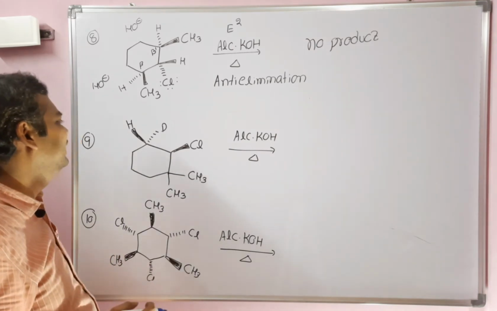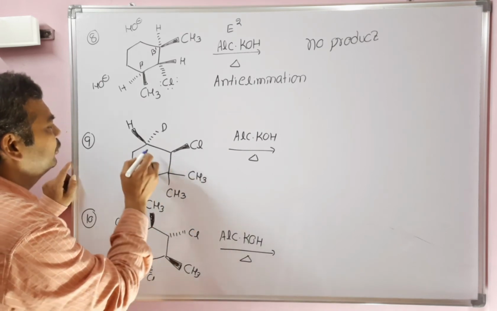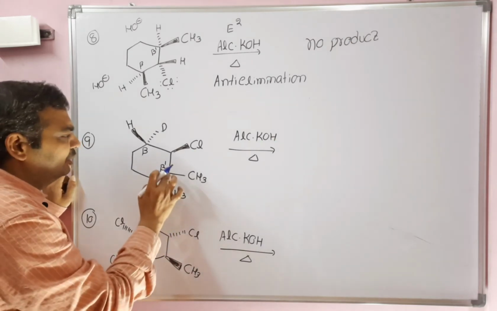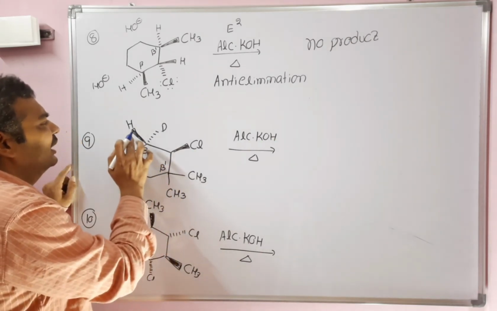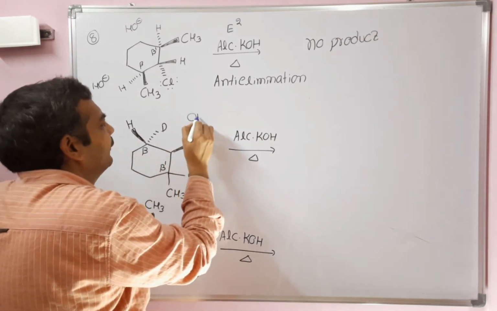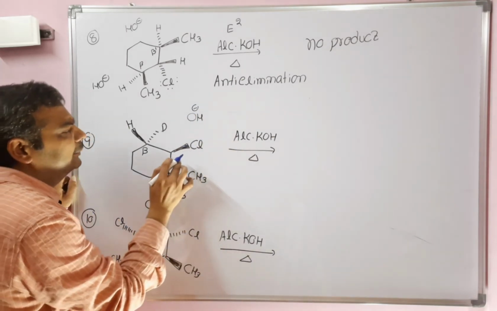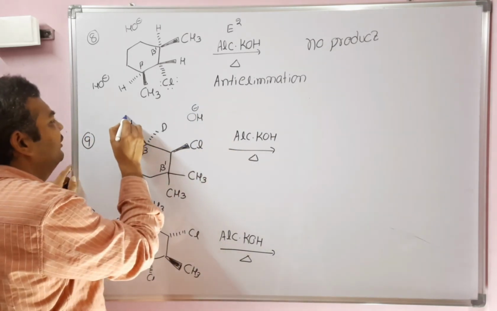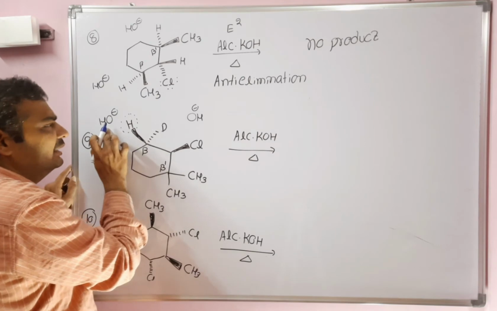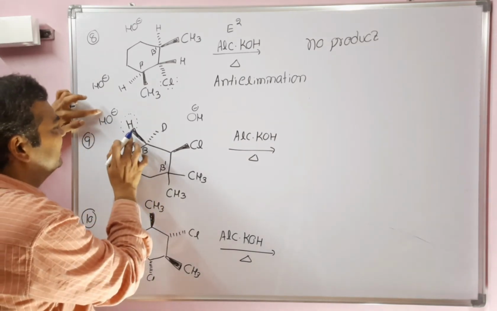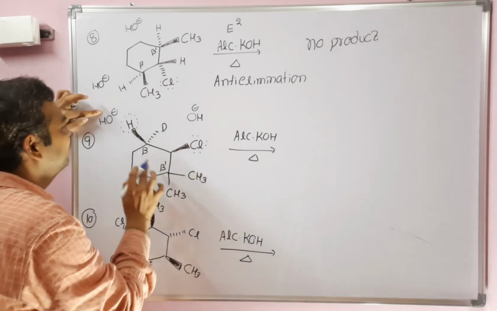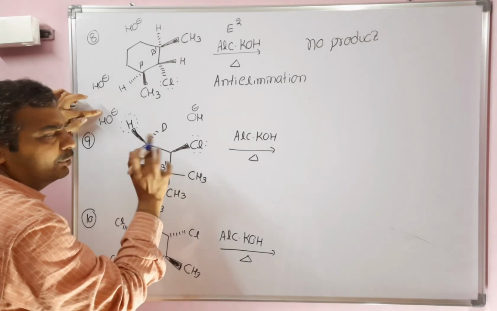to the halogen. Coming to the 9th example, so halogen is there, so beta carbon and beta prime. Here on beta prime there is no hydrogen, so this side double bond is not possible. Here hydrogen and deuterium are a possibility. So the base can abstract a proton. Here, see, chlorine is above the plane. So if it tries to abstract a hydrogen here, this hydrogen is above the plane. While abstracting a proton from the same plane with respect to the halogen, there will be some lone pair repulsions. So that's why the same plane hydrogen is not possible to abstract.